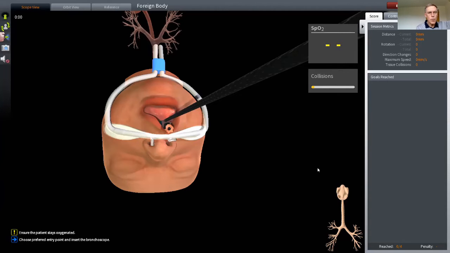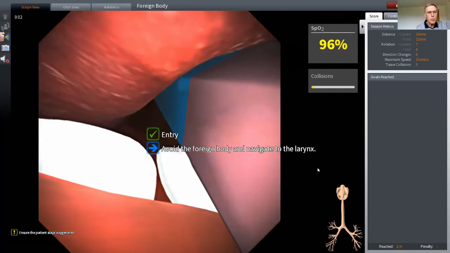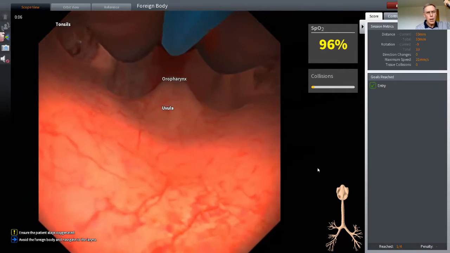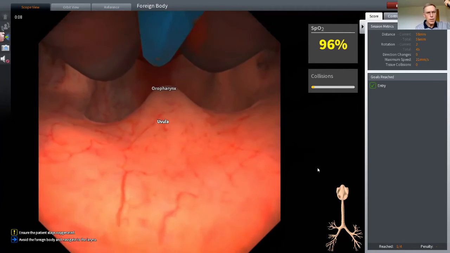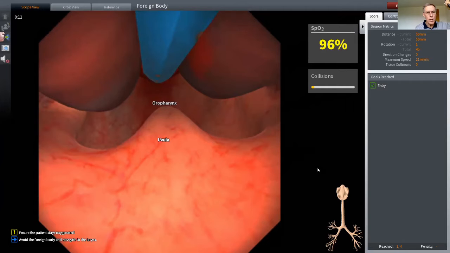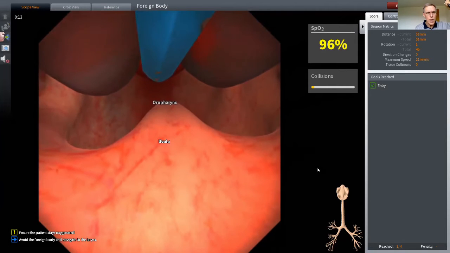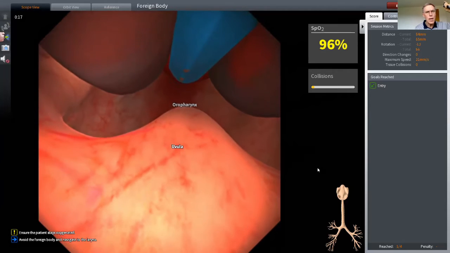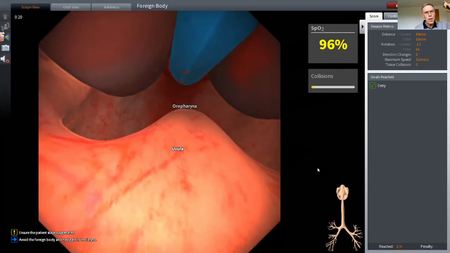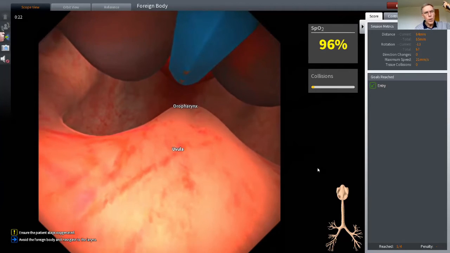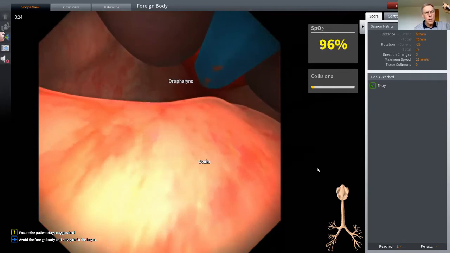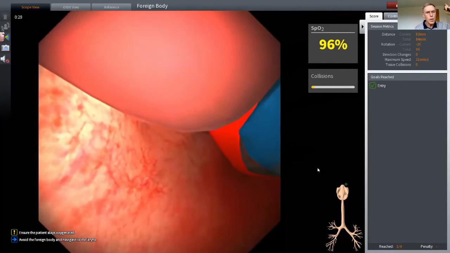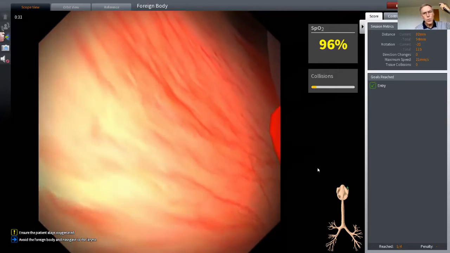I'm going to gently move the bronchoscope down beside the pencil towards the posterior pharyngeal wall. And already there's an interesting piece of anatomy there. That's the uvula, which tends to point towards the larynx. So that's a midline structure. I'm going to go slightly lateral, and you can see anteriorly there's the tongue enveloping the foreign body on both sides. So we move towards the posterior pharyngeal wall. We're going slightly lateral, but I'm going to move back towards the midline,